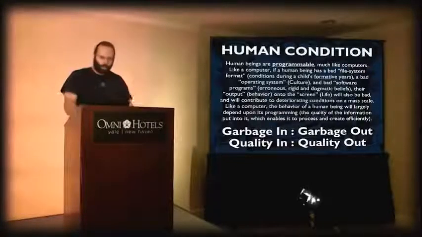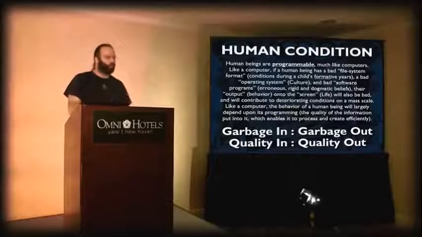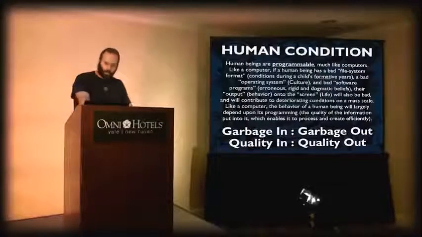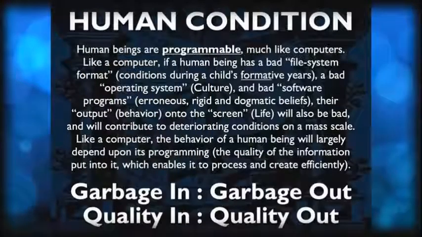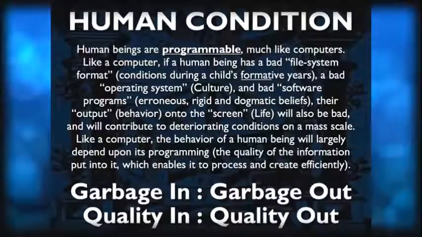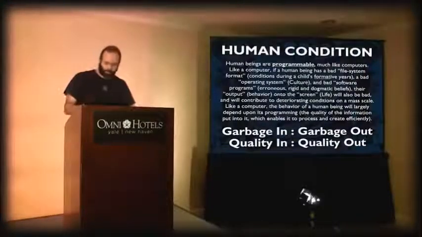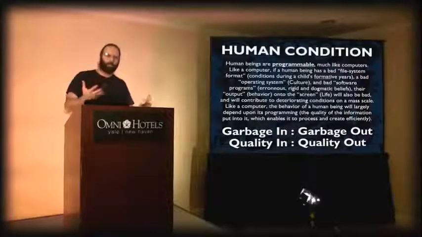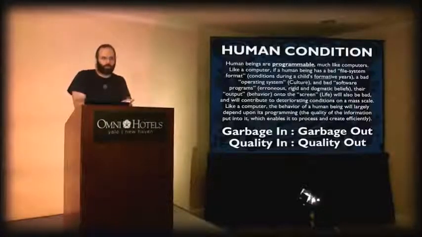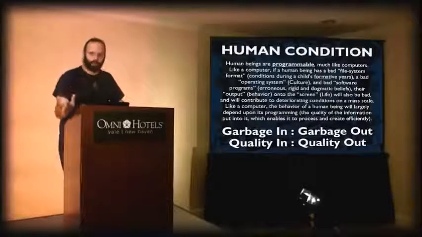Largely, what programs the child at this stage is the parents and what they will see in their immediate environment and home and during their very early years in, quote, schooling. Now, like a computer, if a human being also has a bad operating system, like Mac OS, Windows, Linux, Android, iOS, these are operating systems. Again, they are basically providing a platform that other programs will run in, and they're providing a graphical user interface. This is your culture. The operating system is the culture in which the programs run.